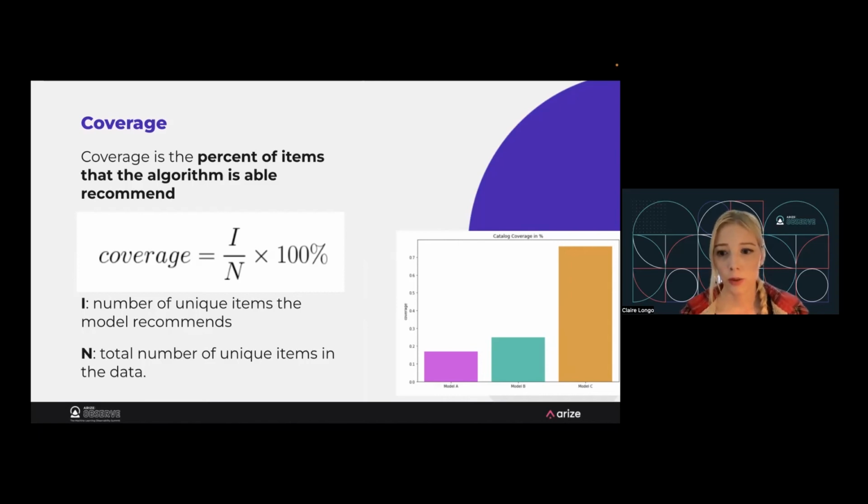What I like to do here is use it to compare models. If I've got 3 or 4 models I want to choose from, I'll look at some other metrics along with coverage to help me choose what I feel might be the best for that use case. Then I get a good sense of what coverage is for that algorithm, put it into production and start monitoring it. And if you see a huge, significant change in your coverage, it can be a very interesting flag that's telling you to go dig into something.